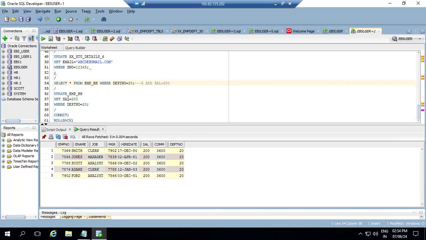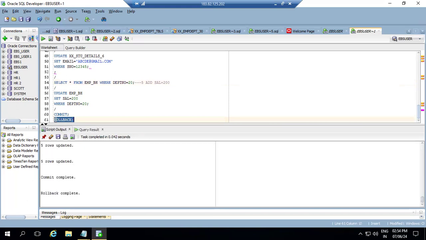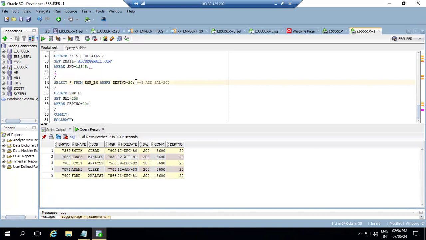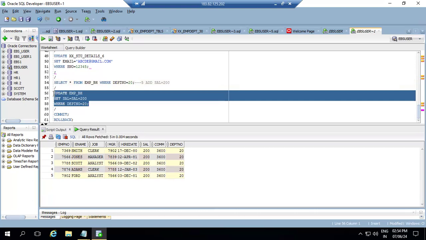But I want to change it to set sal is equal to sal plus 200. Then only I will get 15,000 here. Now I gave it a commit also, the commit keyword over there. Now I'm using rollback, so it will give you the output rollback completed. But once you check your table, obviously it will show only the record which has been saved, so you cannot make any changes over here. Now you're updating the table: update table name set sal is equal to sal plus 200 where department number is equal to 20. So what happens in this case if I compile